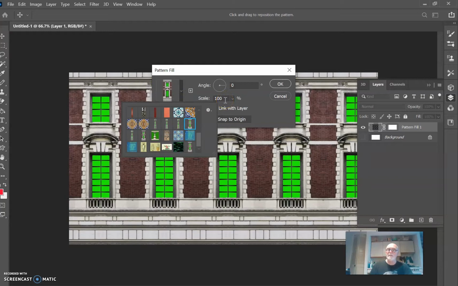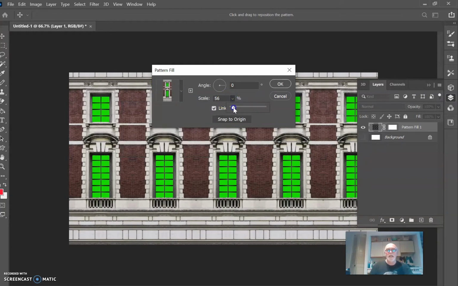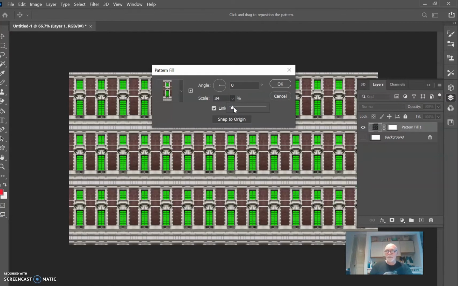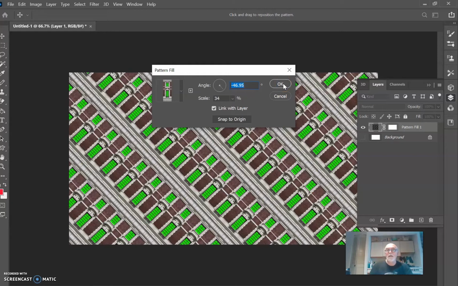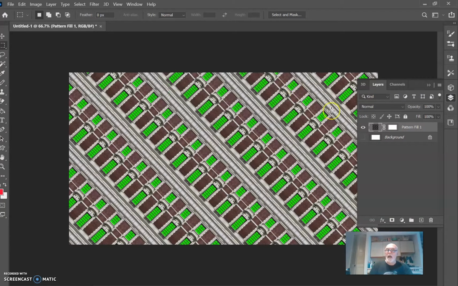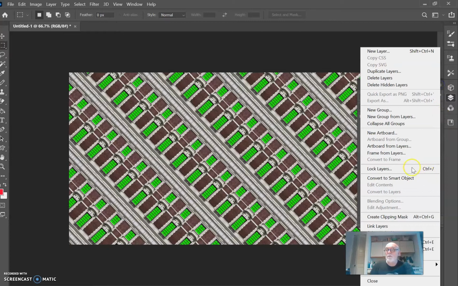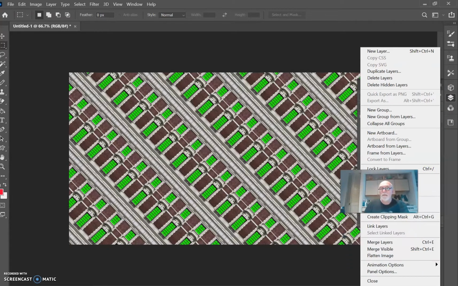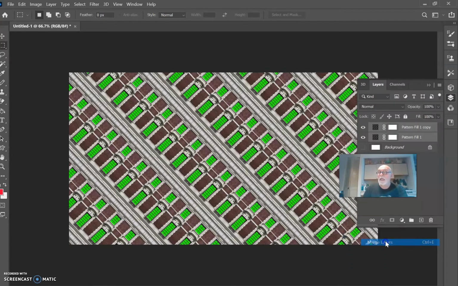Now I don't have to do it at 100% of the size. I can go here and I can edit. Interesting. I can angle it. And I'm going to hit OK. Now I've got this pattern, but notice it's on a slightly special layer with masks and rasterize. So if I duplicate it, pick both of them, and then do Control E, or merge layers,